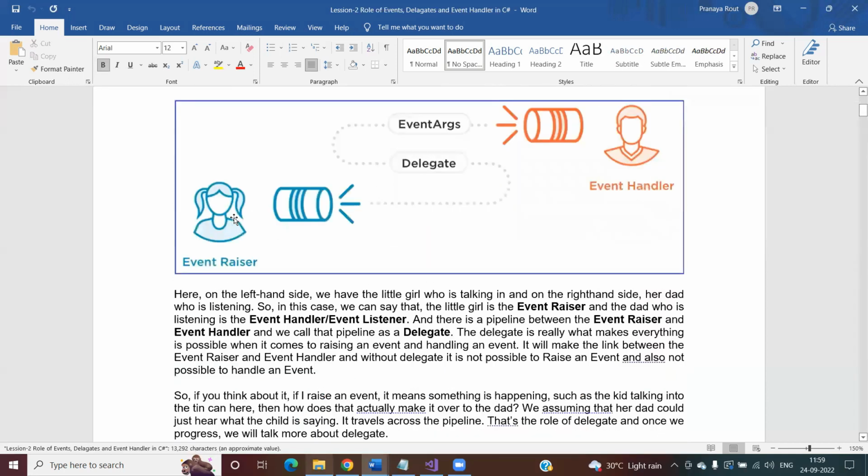So in this case you can say this is my event raiser and this is my event handler, and the event raiser raised the event, right? And this is the event handler which is going to handle the event data, right? The event raiser sends some event data, but how is the data going to be passed? Through this pipeline, right? This pipeline is nothing but your